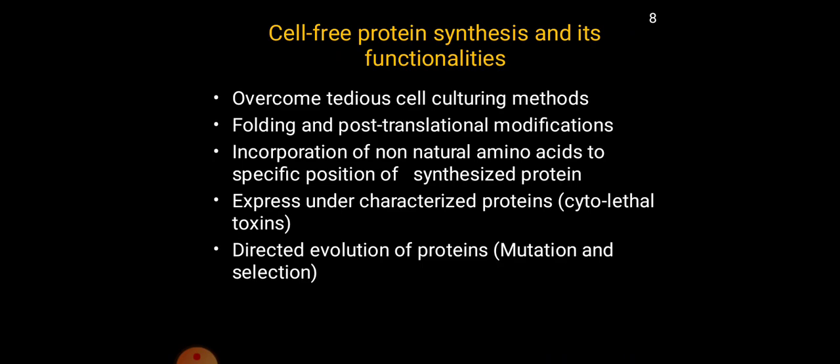The in vitro method mainly overcomes the tedious cell culturing of the in vivo method, as we have already discussed in our earlier slides, and it mainly deals with folding and post-translational modifications. We can architect our own protein of interest by incorporating or deleting specific amino acid sequences, and we can also express cytolethal toxins. Some proteins may be lethal to the expression host and cannot be expressed using the in vivo method, but that kind of protein can be expressed by the in vitro method, and we can direct the evolution of proteins using mutation and